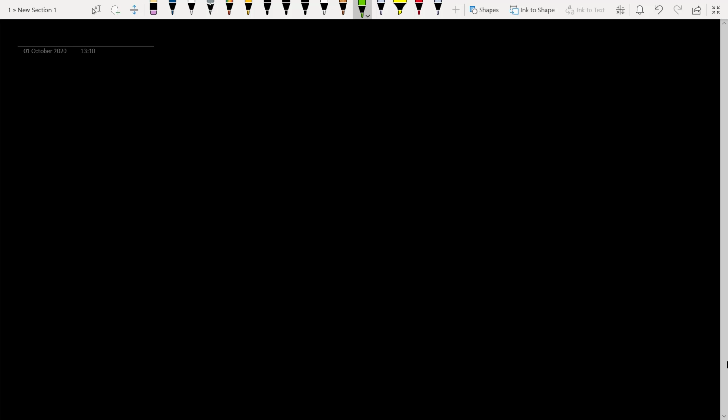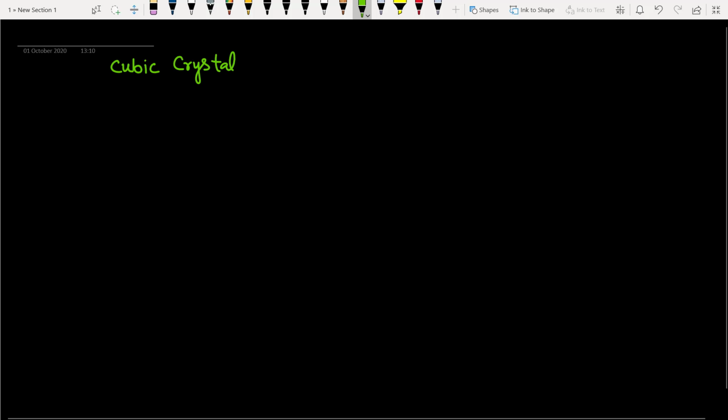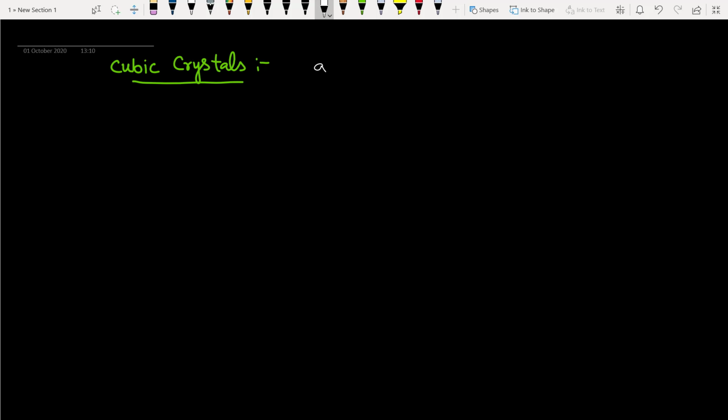Today we will study about cubic crystals. Cubic crystals are those crystals in which atoms, molecules or ions are arranged on a cube. These are mainly of three types: